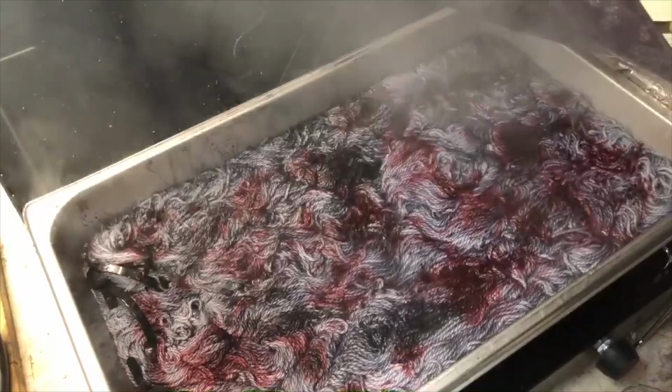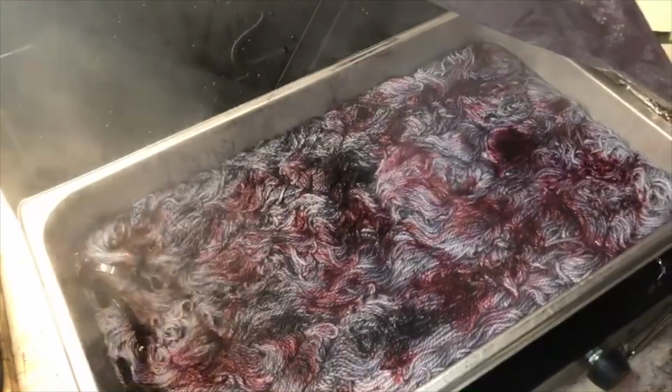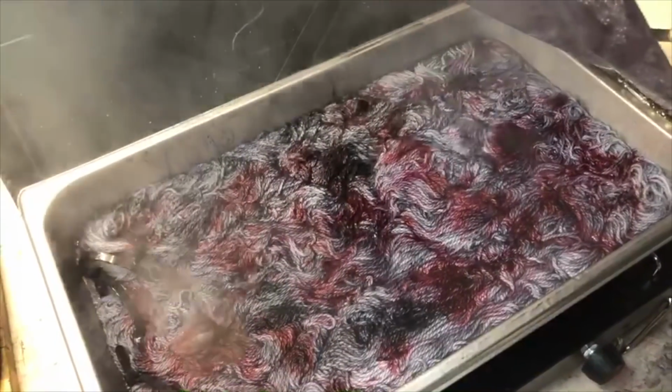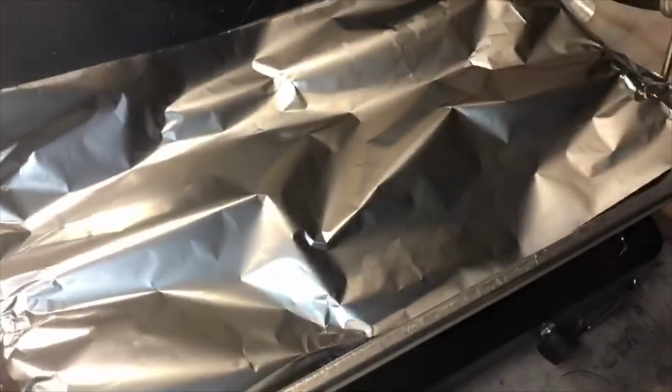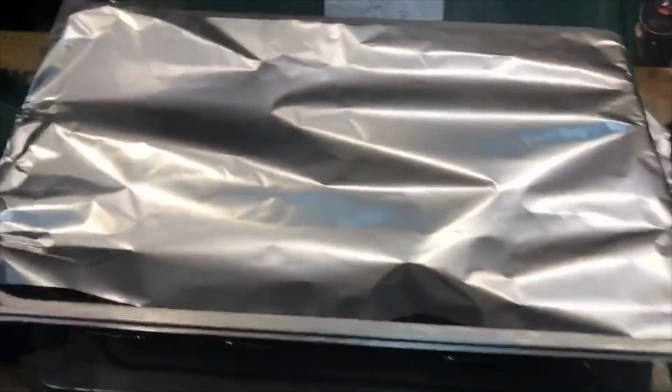Not sure what we're going to call this one. Probably something to do with Ethan's flannel or something. This one was inspired by the flannel shirt that Tiffany got me for my birthday this year. I can't even remember which podcast episode it was, but we showed that off, and I'm sure I'll put it